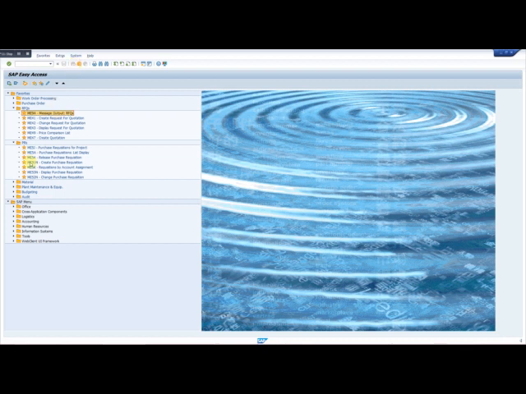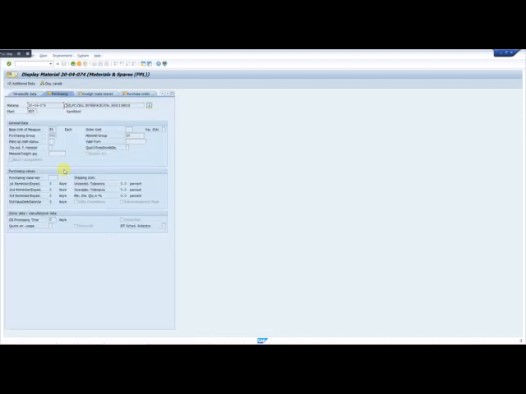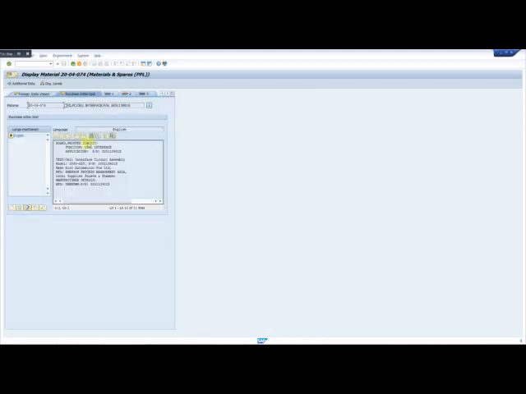Furthermore, we go back to the PR and we see this is the index number of the item. If we click on this index number, we can get its specifications here.